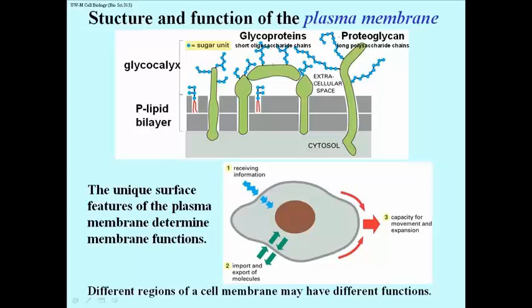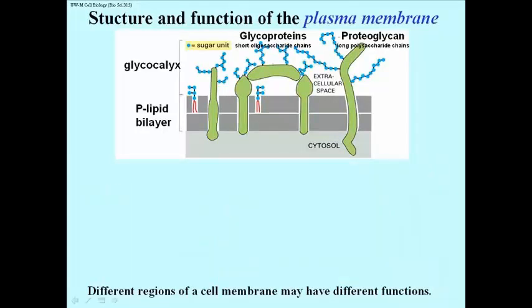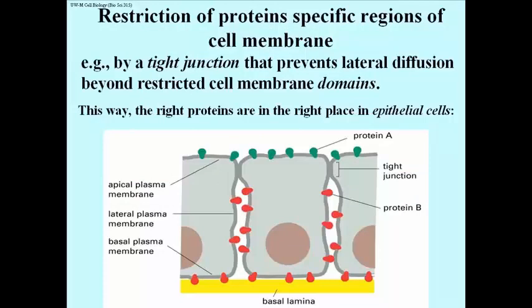Here, in this kind of cell, you might expect to find such proteins pretty well evenly diffused around the surface of the cell membrane. But now, as it says down below, different regions of the cell membrane can have different functions, including recognizing molecules on the external environment. They can recognize other cells, and if they do that, they can know which cells to associate with to form